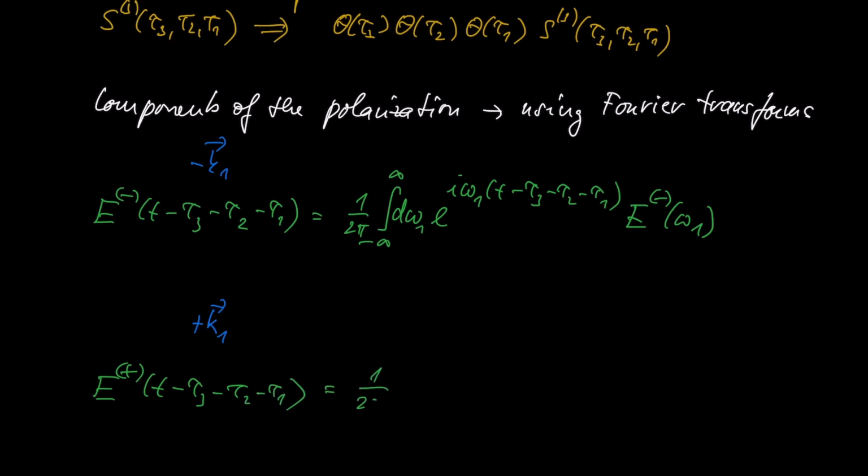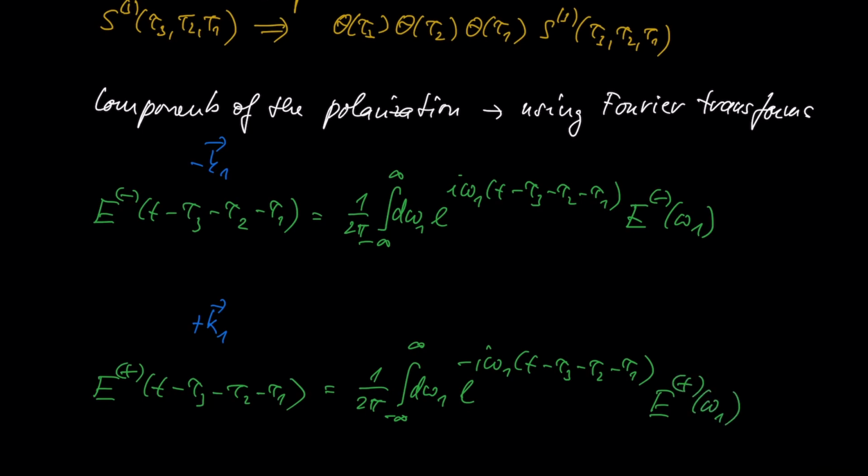Again, this is going to be 1 over 2 pi integral over some omega 1, and here we would have minus I omega 1 t minus tau 3 minus tau 2 minus tau 1, and here e plus omega 1. And here it is important to say and distinguish, these are distributions of frequencies